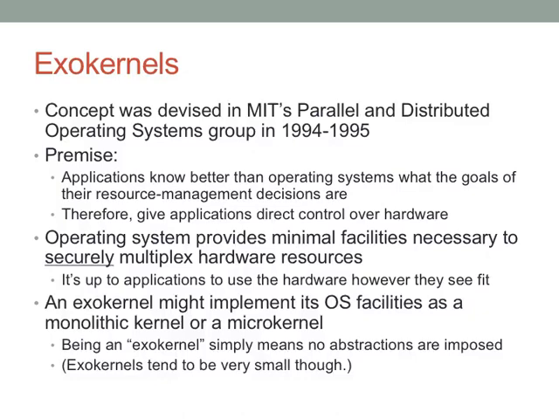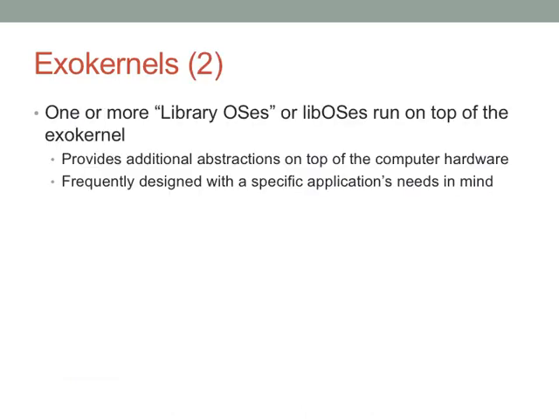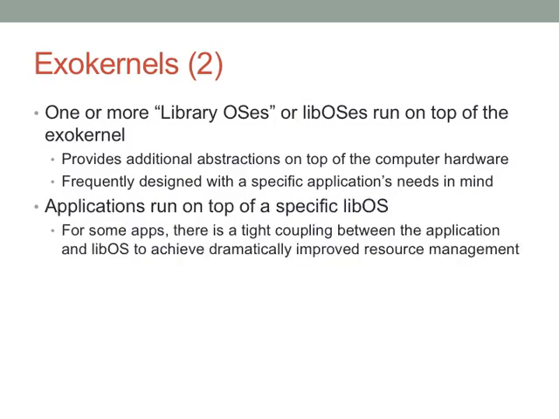Yeah, and this is kind of the important detail here. Whether something is an exokernel or not is kind of orthogonal to whether it's a monolithic kernel or a microkernel. Although almost always these were microkernels. Okay. So, interesting approaches. These exokernels tend to provide common facilities using library OSs. Library OSs were basically ways of interacting with computer hardware that most people like. So you could use the library OS, but you didn't have to. And so applications could either run on top of library OSs or they could provide their own.